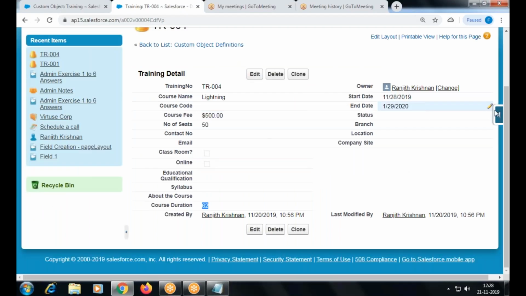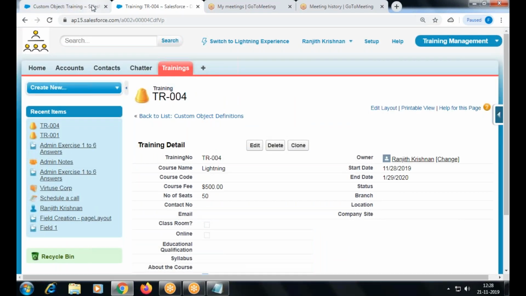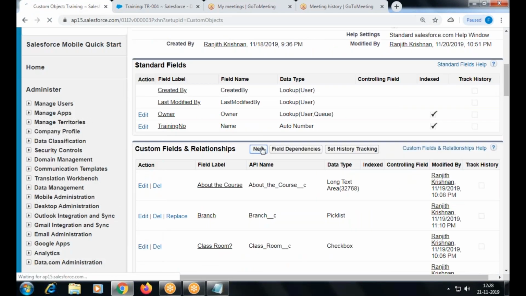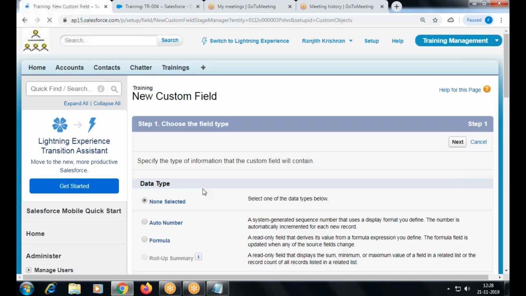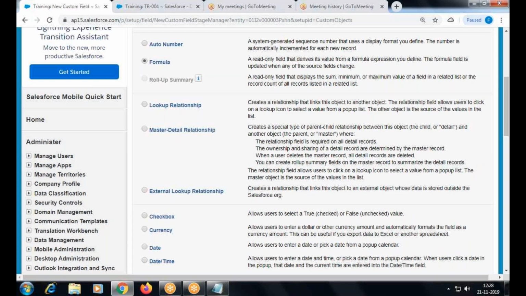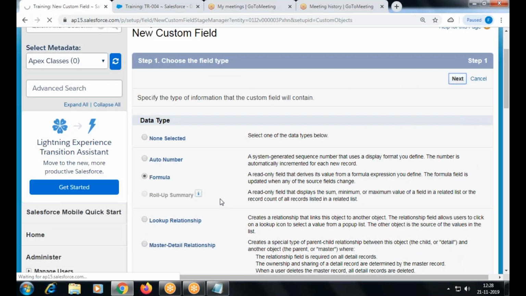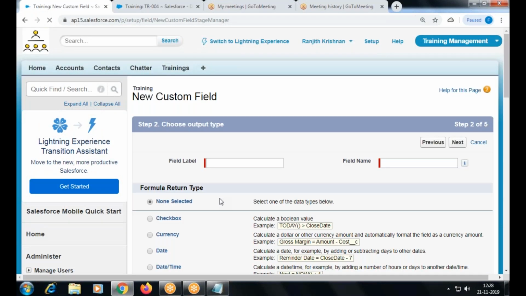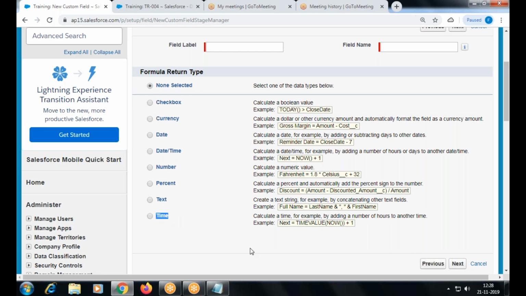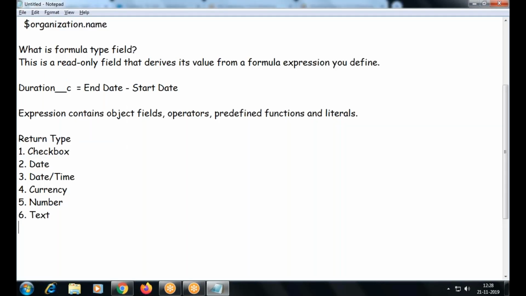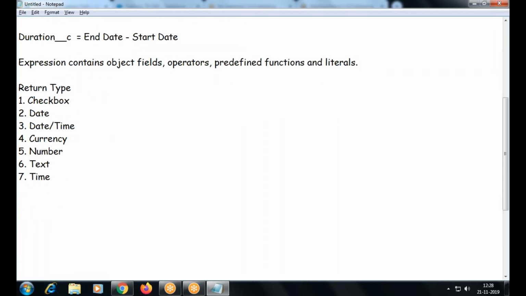Text. We have time also. So there are 7 types applicable. Okay. Are people clear with this?